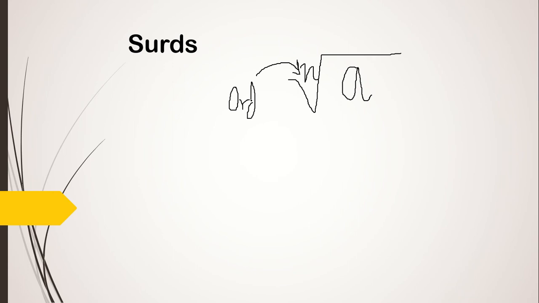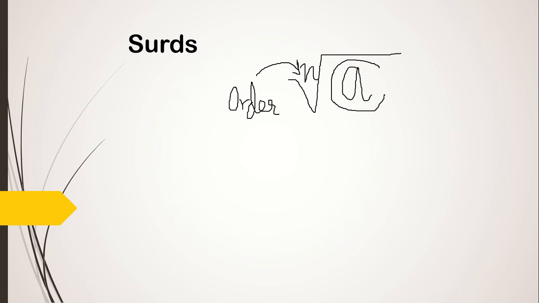When do we call a given number a surd? If the number is in this form, nth root of a, I told you there are three conditions we have to look at. This is n, and this n is called the order of the surd. The order of the surd has to be a natural number, so it has to be positive and not equal to 1. So it has to be a natural number greater than 1.